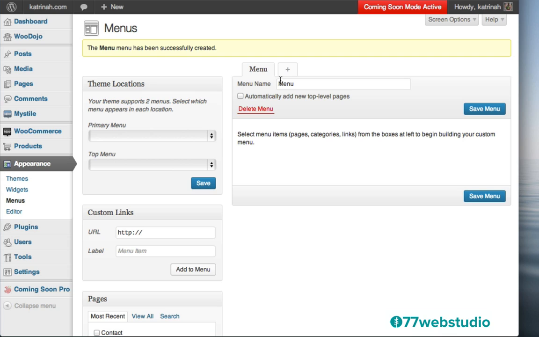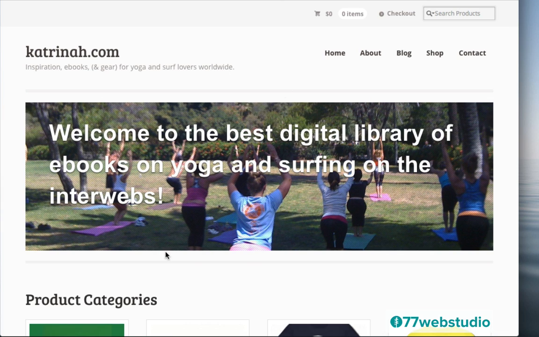So once you create one menu, then you'll notice on the left-hand side, now you'll have a section here that says Theme Locations. And as it notes, your theme supports two menus. So we can actually create two menus here. And when I go to the site that has already been created, you see that I only have one menu right here, but this area right here is where the other menu, the top menu, can be displayed if you'd like to add a menu up here as well. So in this video, I'm only going to be adding one menu.